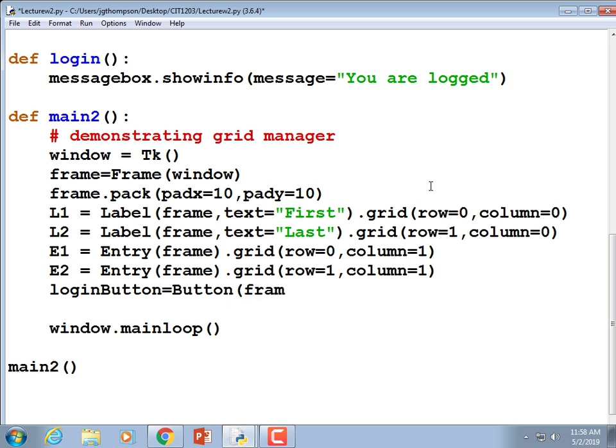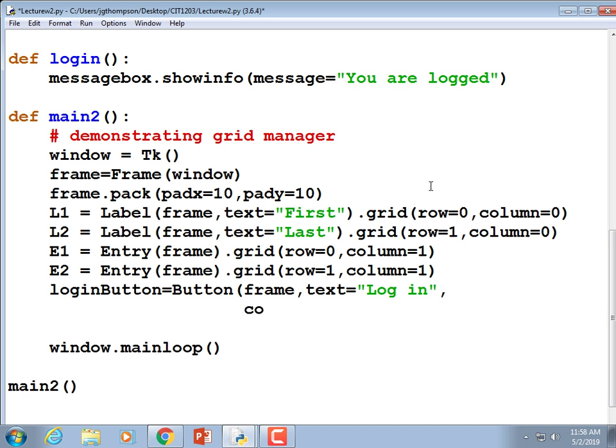Attach it to the frame, comma, text equals quote login end quote, comma, command equals login, comma, we're going to change the color of the background of the button just because we're awesome. BG equals quote yellow end quote